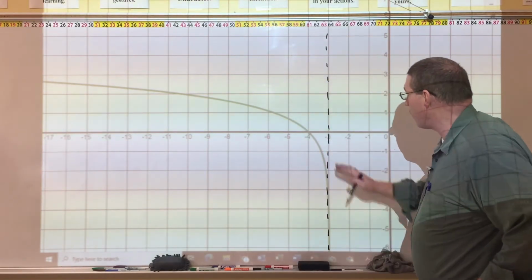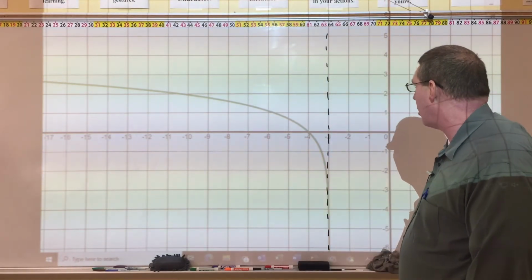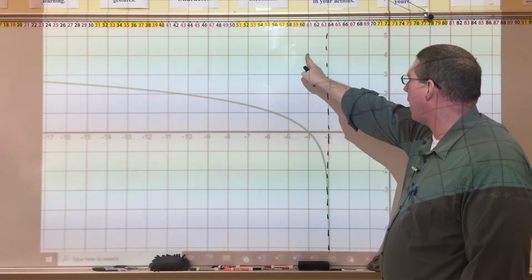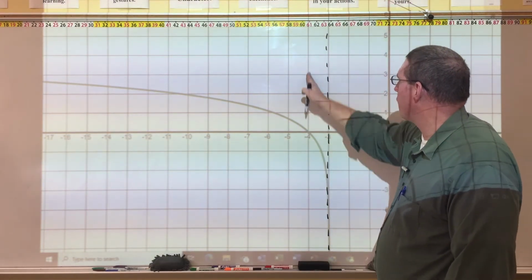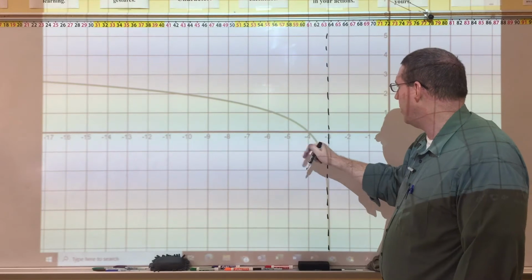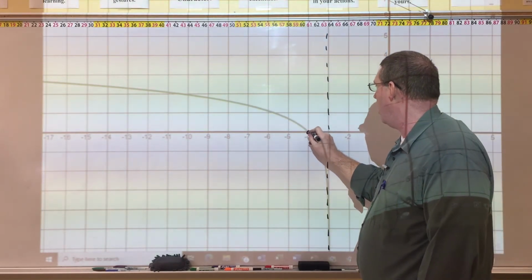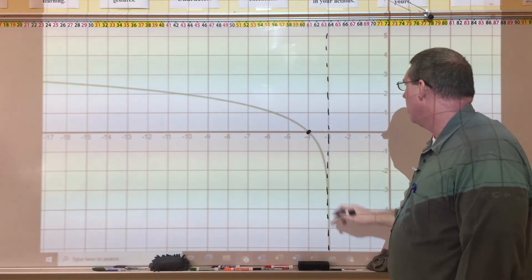All right, so we've got our vertical asymptote here. Let's go ahead and identify our point. We're going to go 1 unit over from the asymptote and travel along this vertical line until we hit the curve, which is right here. So this is the point, right? All right, so now